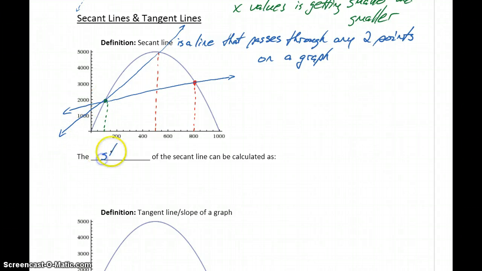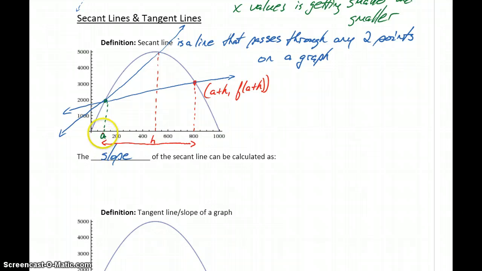So in order to calculate the slope of a secant line, we're going to, again, just come back to that basic equation for the slope of a line. So this first point that we plotted is the point a plus h, comma, f of a plus h. So again, with this notation, keep in mind that this value a is just whatever our initial value is for x. So in this case, it was at 100. And then h is just the distance